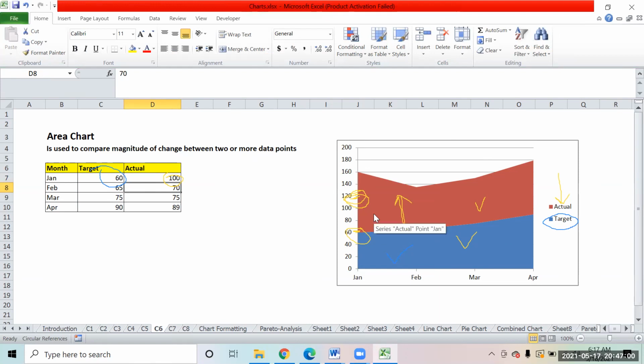So basically, an area chart is just an alternative to a line chart, in case you have a lot of data points which are intersecting each other. So what you do is you convert it into an area chart in which the data is kind of stacked one above the other, which becomes easier for interpretation as compared to those complex lines which were intersecting each other. I hope I'm making sense to all of you.